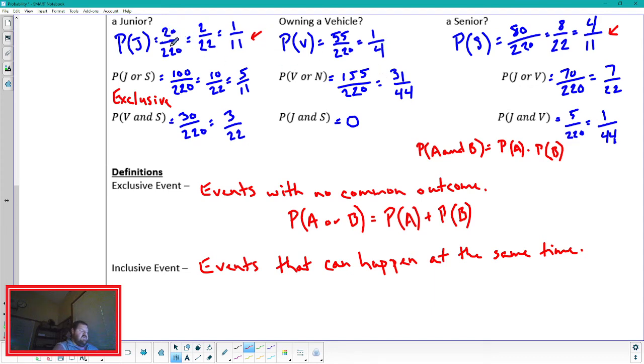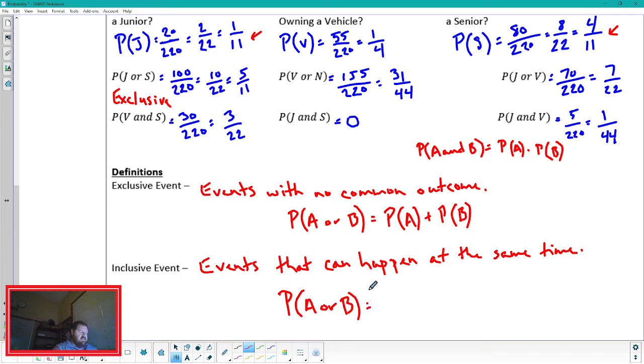We tried to say, well, there were 20 juniors and 55 vehicle owners. Then we realized, well, 5 of those are counted twice. The 5 juniors that owned a vehicle were counted twice. And so what we really have to do, if we're given a situation like that,